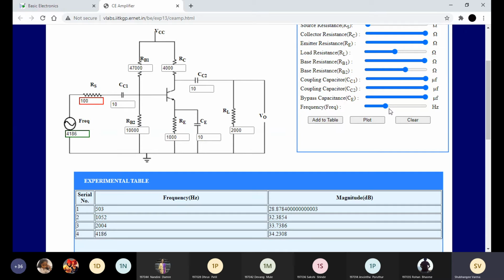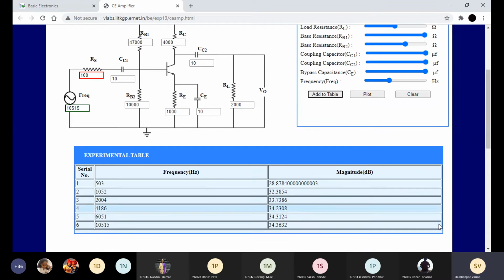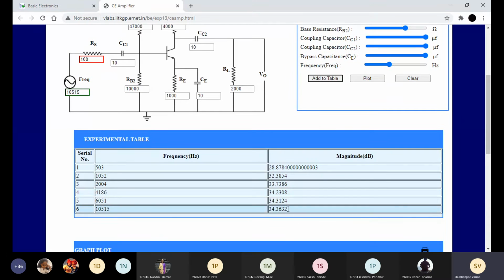Then take reading for 4K. And 6K. Then directly take for 10K. Now here you can see your signal is increasing, okay.